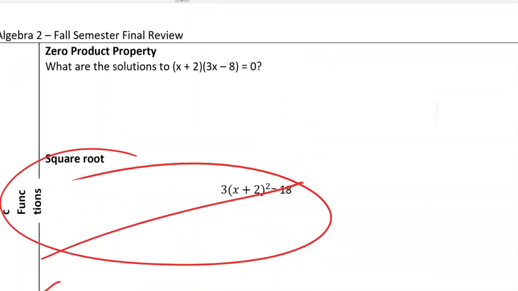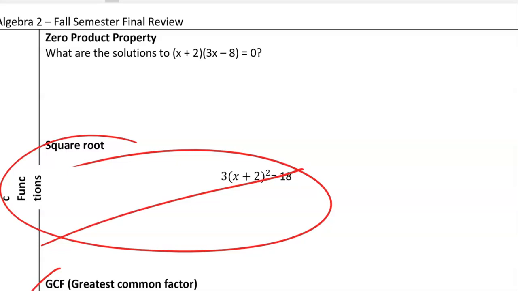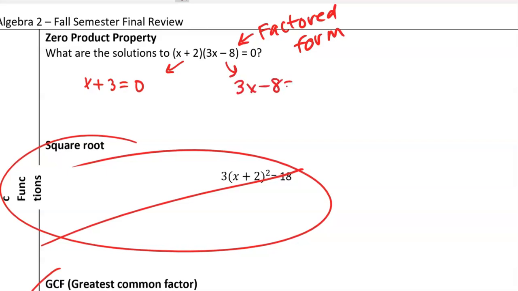All right, so doing that, starting with the first problem, what are the solutions to x plus 3 times 3x minus 8? So this is already in factored form. What we're going to do is take each set of parentheses and set it equal to 0, and that's going to give us our x-intercepts. So x plus 3 equals 0, that means x is negative 3. And this one we'll add the 8